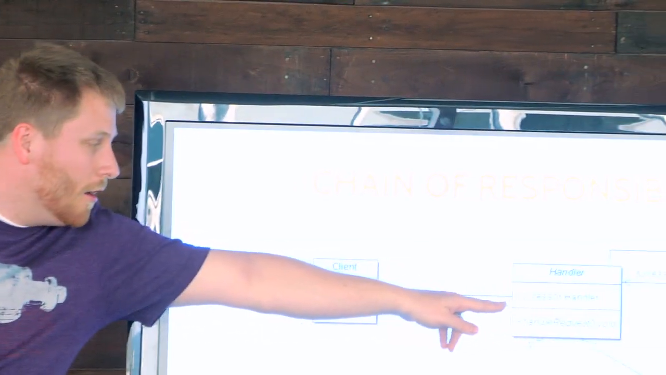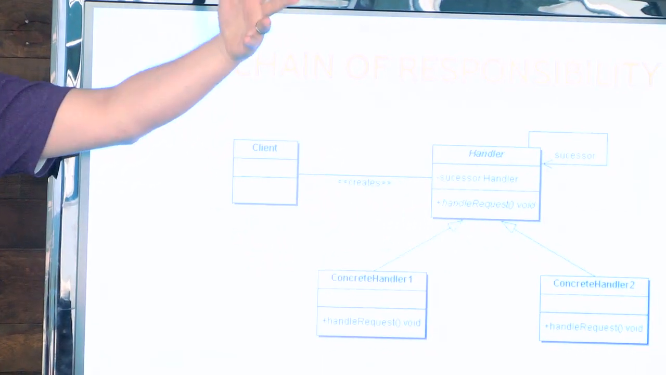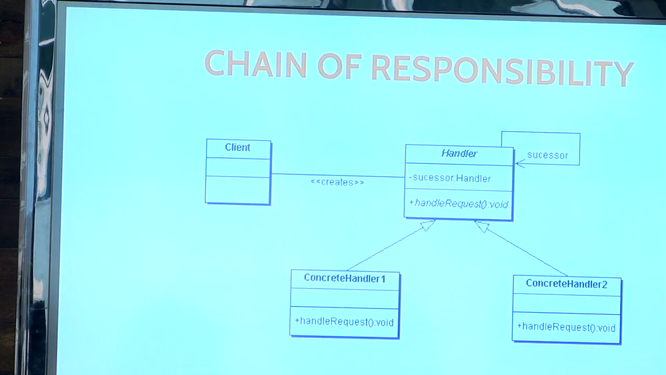And so in the participants diagram here, we'll see that we have a handler, and you can see I've got the successor handler here. All it does is reference the next step in the chain. The idea being that you've got this chain, and your client really just has to track the first one, and then the chain handles all that functionality for you and knows what the next thing to do is. So the handler is just defining an interface for handling these requests,